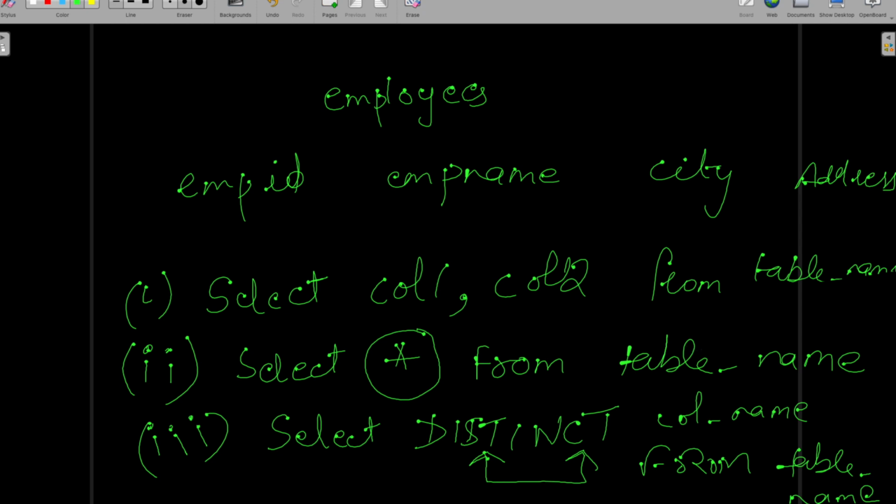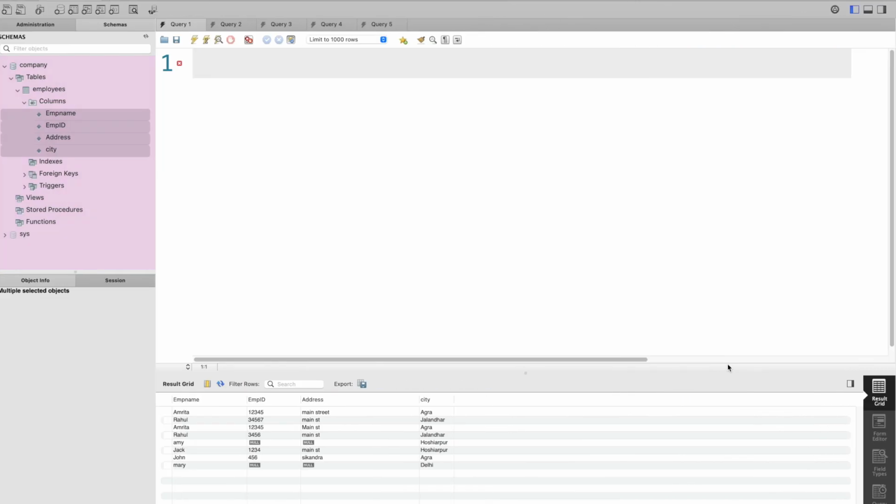So let's write the query in our SQL workbench and then we'll execute it to see how it works. So in the previous videos, we had created this employee table with employee name, employee ID, address and city. Now we'll write the select statement. First we'll write select star from table name.